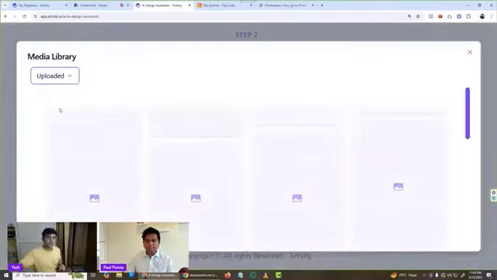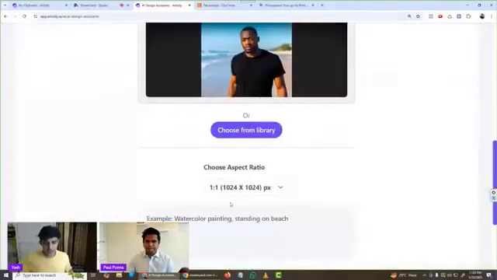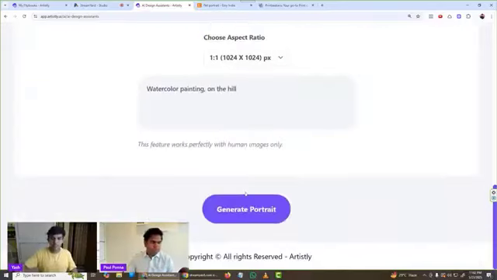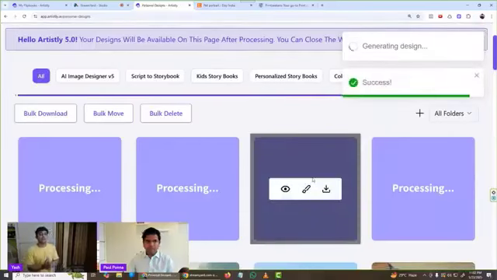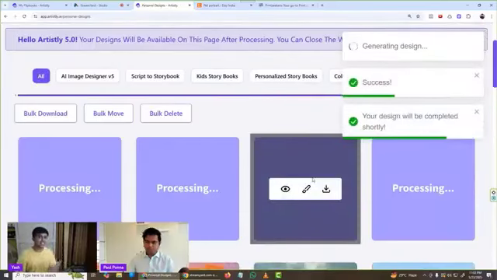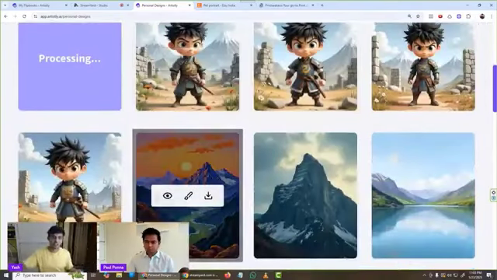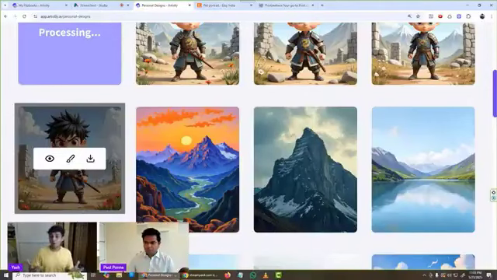So now let's say I want to upload this, and I upload this gentleman, and I want him as a watercolor painting. You have to prompt what you want: watercolor painting, on the hill, for example, and you say what dimension you want. Now the beauty here, guys, is that it's basically going to keep the face detail that no other AI does. This is your 10-year-old warrior that we have. So just give me a moment. Just going to take